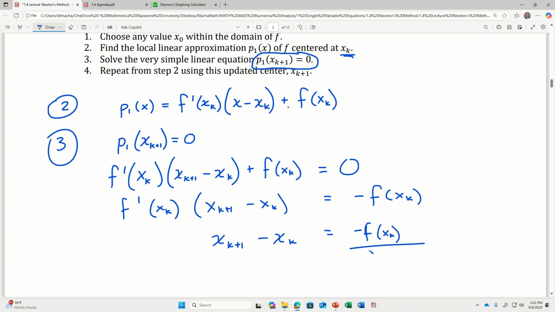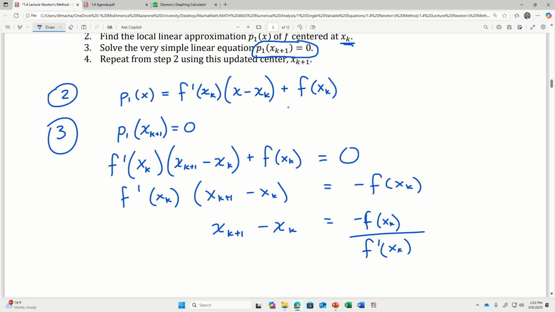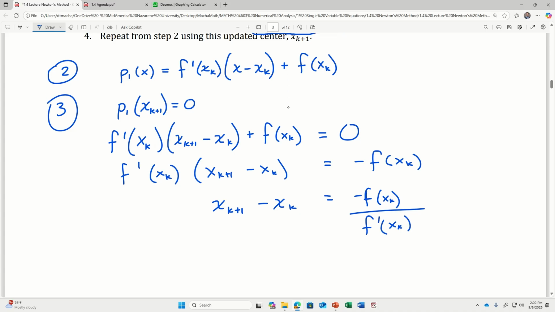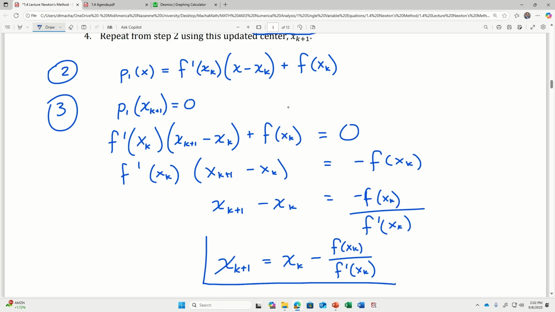And then the last step is I would add xk to both sides. And that's nice. That is an explicit formula